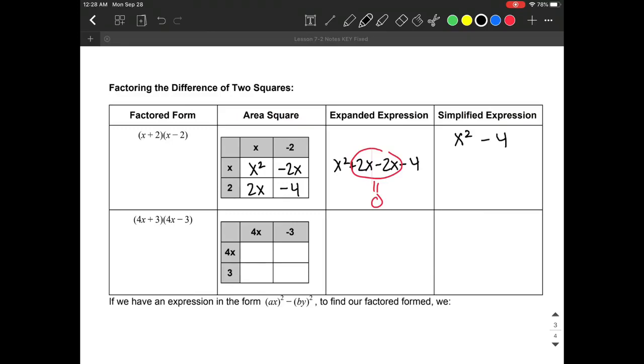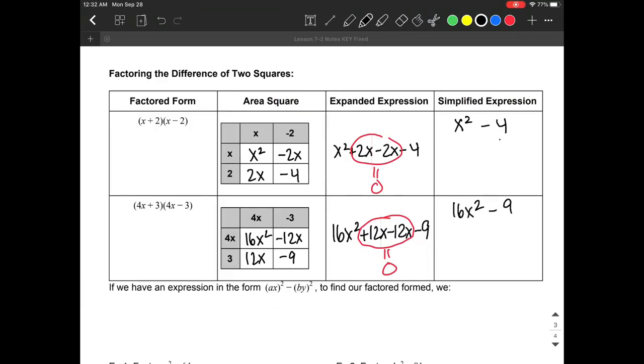For this second example, I have 4x times 4x gives me 16x squared. 4x times 3x is 12x. 4x times negative 3 is negative 12x, and negative 3 times 3 is negative 9. And my expanded expression is 16x squared plus 12x minus 12x minus 9. I know that these two terms, if I add them together, equal 0. They're opposites of each other, so my simplified expression is just the first term, 16x squared, minus the last term,